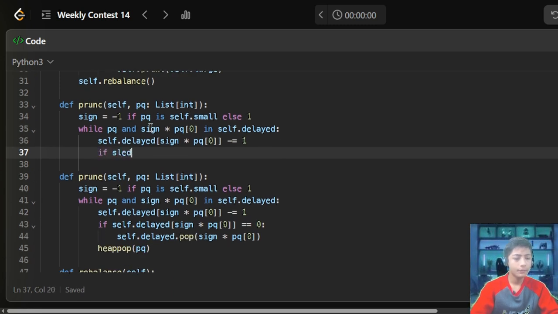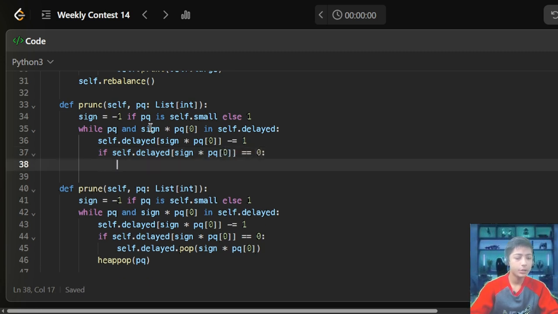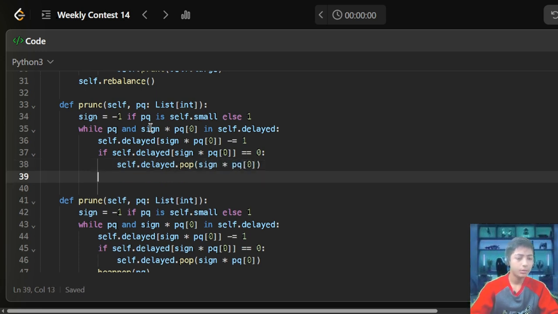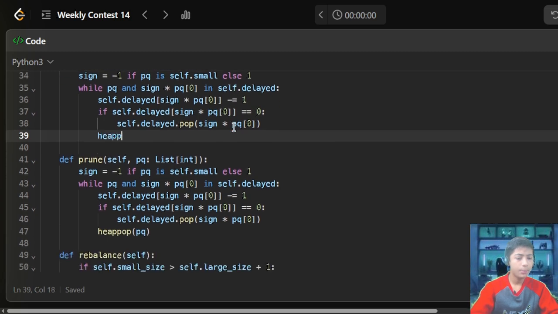if self.delete[sign * pq[0]] == 0; enter, self.delete.pop(sign * pq[0]), then heappop(pq), enter,